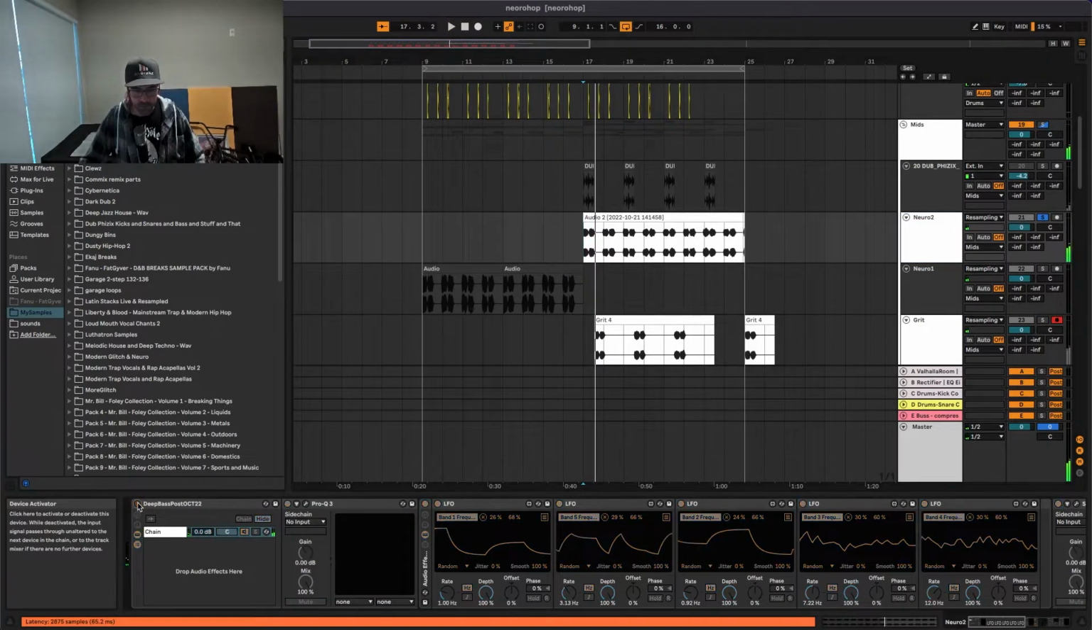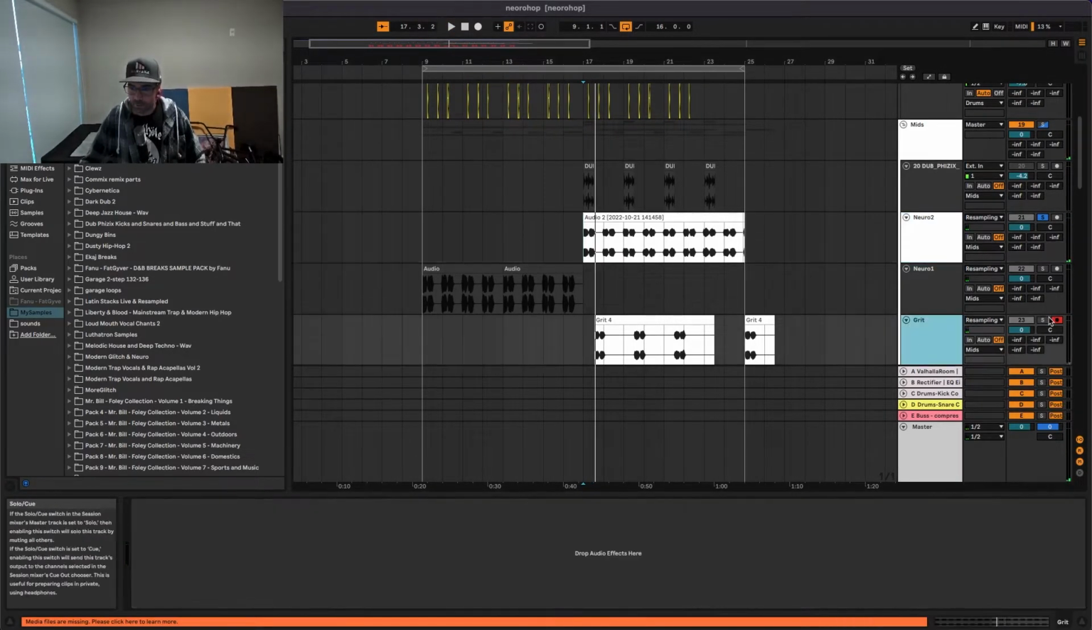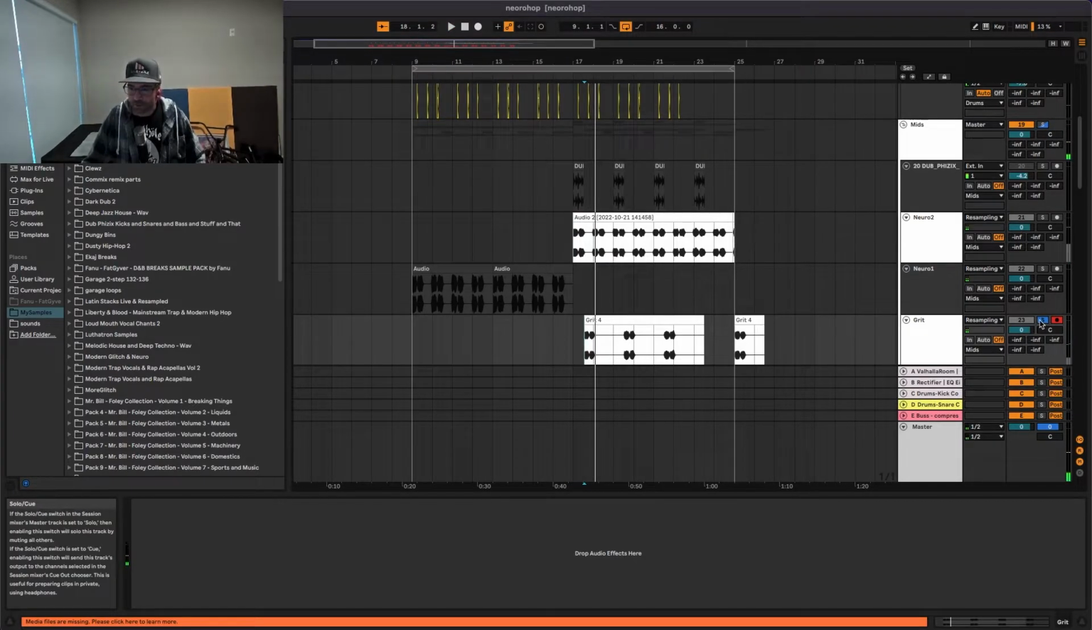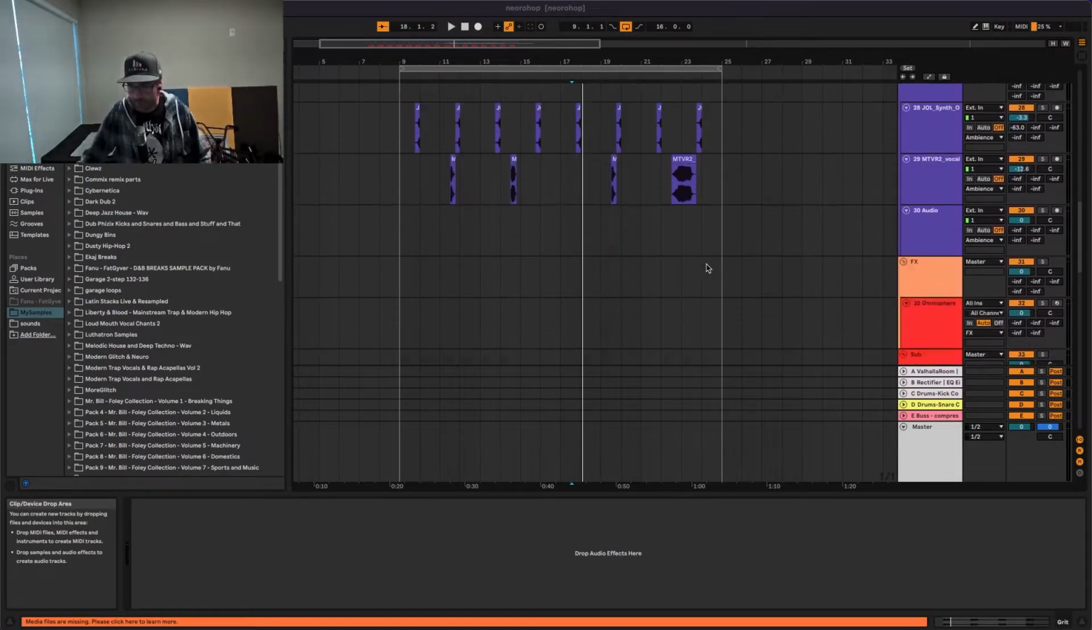So if you turn this off, then this patch sounds pretty similar to this one. Almost exactly the same, actually. So each of the 3 patches here